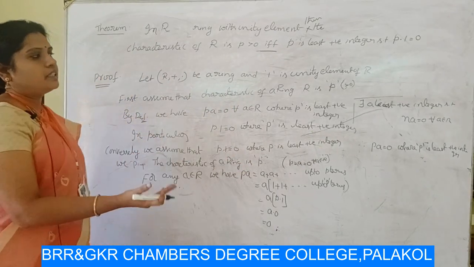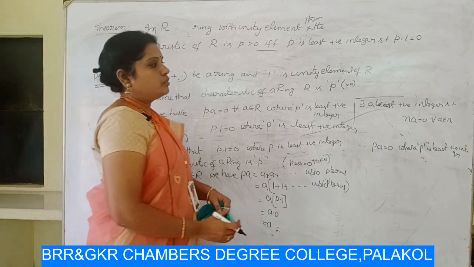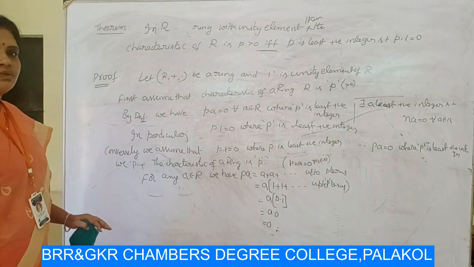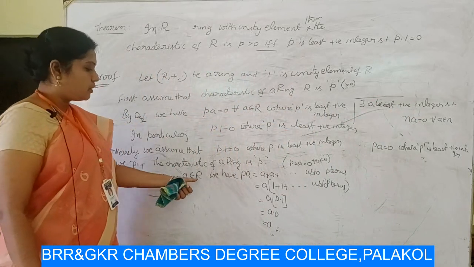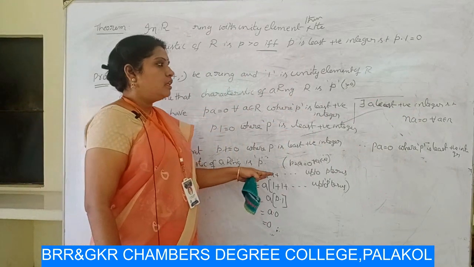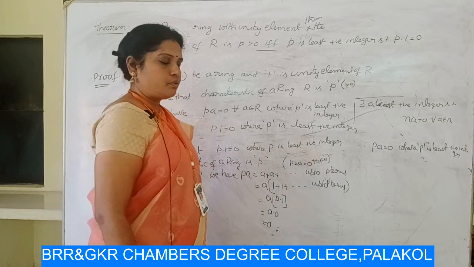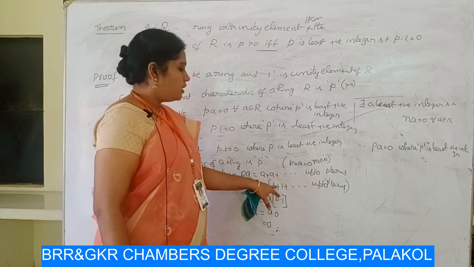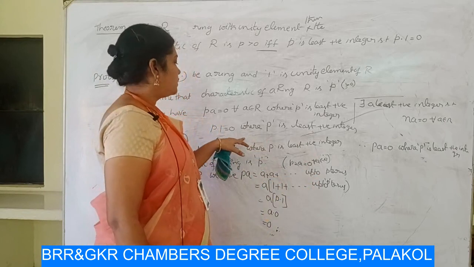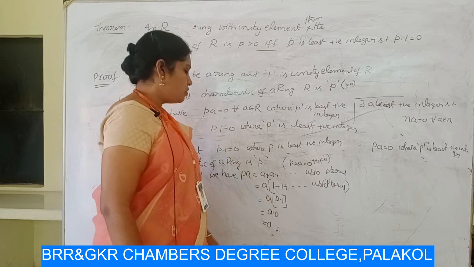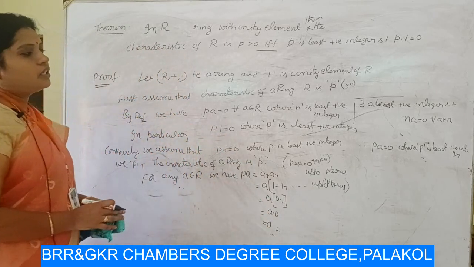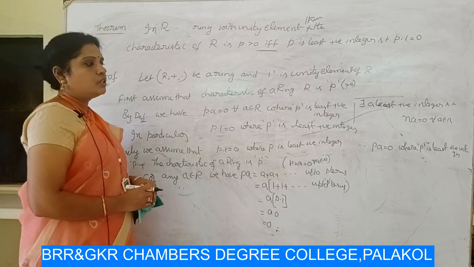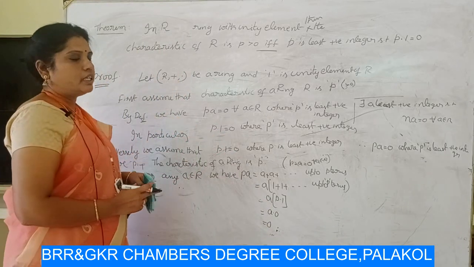By the definition, the characteristic of a ring is N such that Na is equal to 0, where N is the least positive integer. So we have to prove Pa is equal to 0 for all a belongs to R. For this we take an element a belongs to R. We have Pa, which can be written as a plus up to P terms. So that is a into 1 plus and so on up to P terms. So this is a into P into 1, and by our hypothesis P into 1 is equal to 0. So a into 0 is equal to 0. So then Pa is equal to 0 for all a belongs to R and P is the least positive integer. So we conclude that the characteristic of the ring is P.